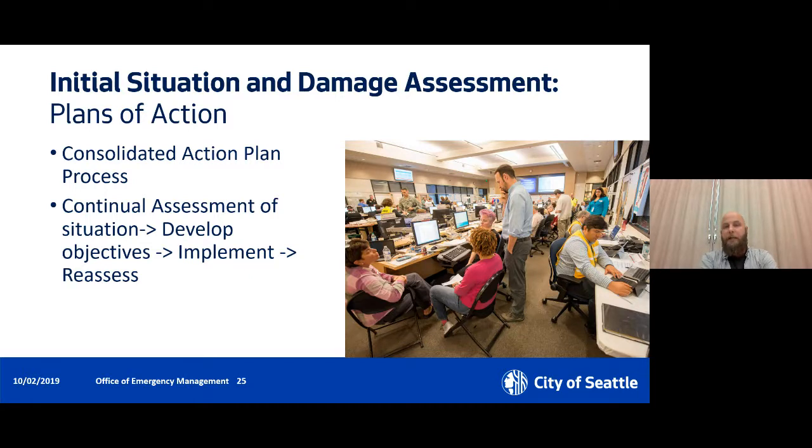So every 24 hours at least, we are reassessing what information we have, using that to develop a set of priorities and objectives and having those assigned out to individual departments. And then we are doing it all over again. We are going to implement that, and then for the next 24 hours, based on what we accomplished and what we've learned, we are going to develop a new plan and implement that for the next 24 hours. So it's this ongoing cycle of assess the situation, assess progress we've made, assess ongoing impacts, use that to develop plans of action and put resources out there to deal with them, and then reassess and plan again.